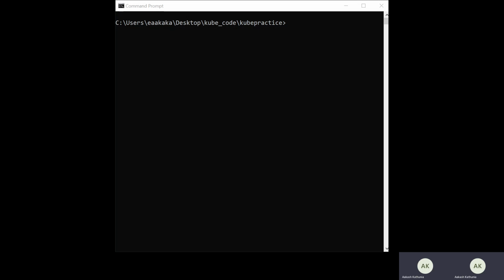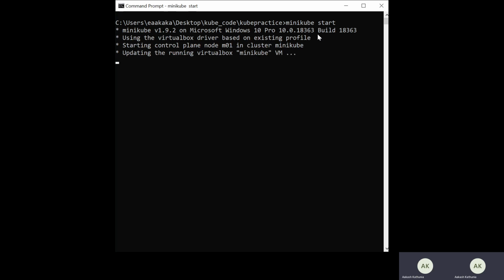At the end of the session, you will be comfortable with what a secret is, the use of secrets, what kind of algorithm we use in secrets, and what type of storage is provided by Kubernetes. So, moving ahead, let me start Minikube so that we can perform our practical on it and give you a live demo of the same.